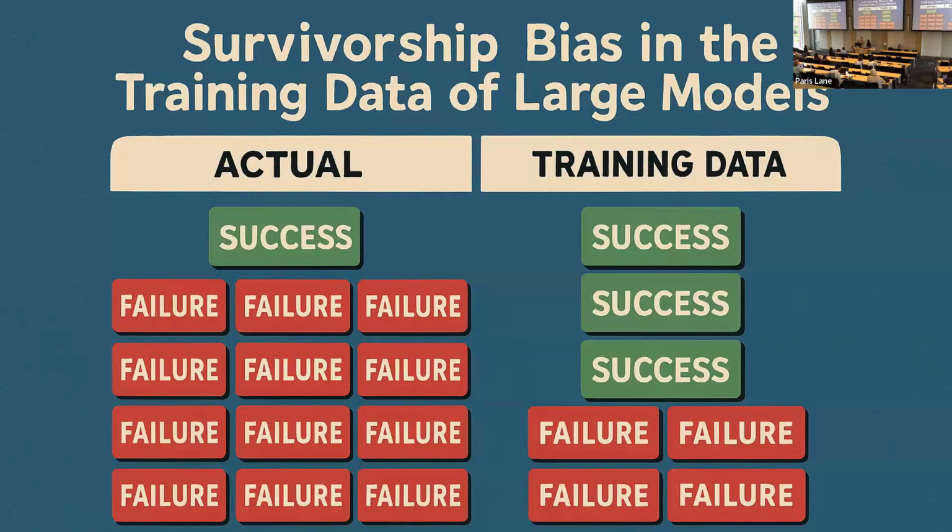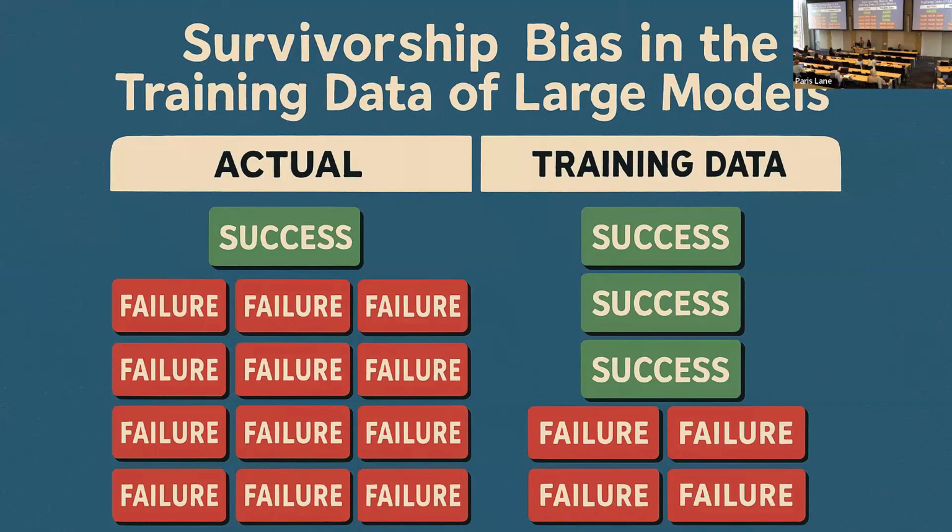For example, we know the language model is trained with all the data on the internet. However, on the internet, most of the data are positive, about success, because people are hesitant to share their failures. For example, Jessica has also shared the idea of a CV of failures, but that's just a small portion of the whole internet.